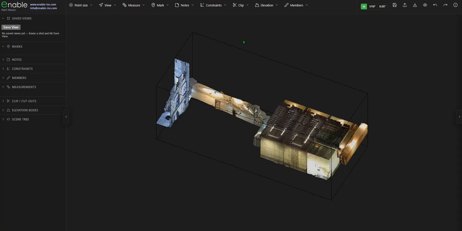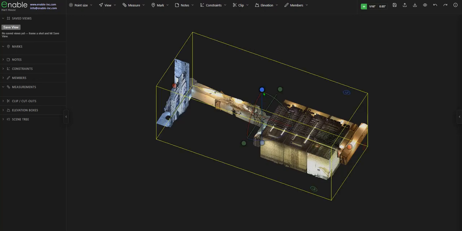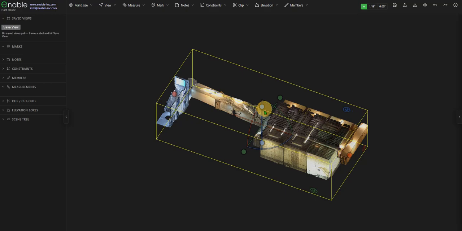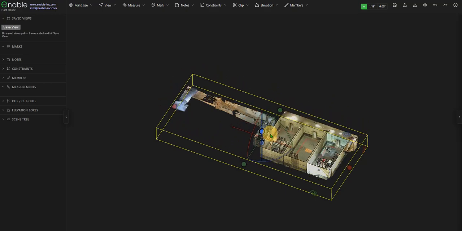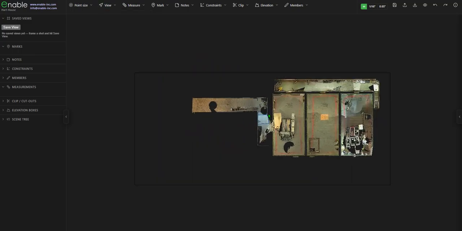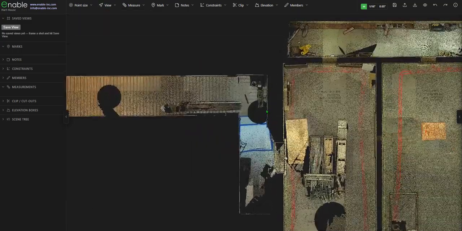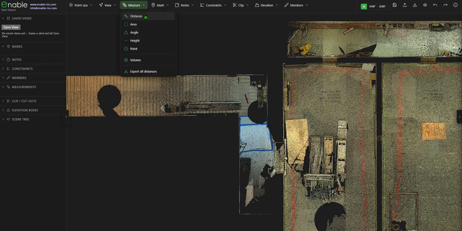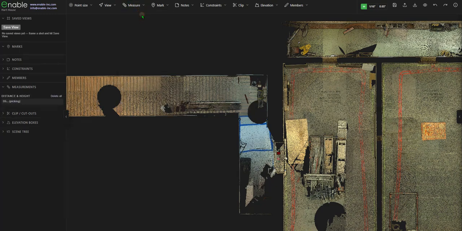In this video, we're going to review the distance tool under the measurements tool tab. But before we do, we're just going to move our crop box to cut through the point cloud to expose a view that we want to take our measurements from. So now that I've done that, what I'm going to do is left click the measurement dropdown, left click distance,